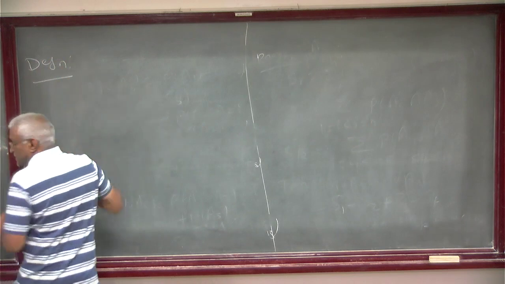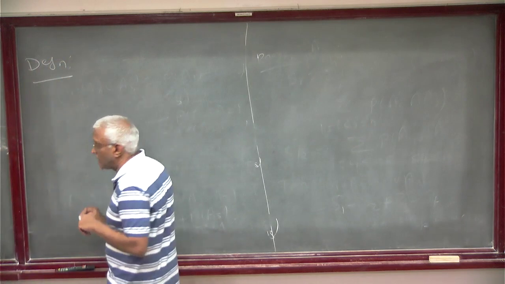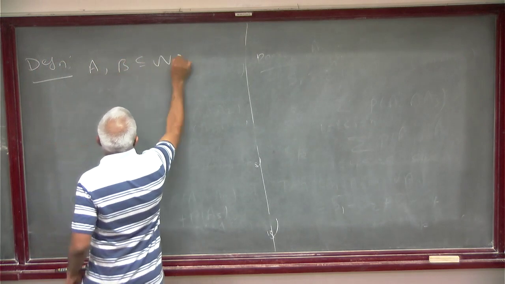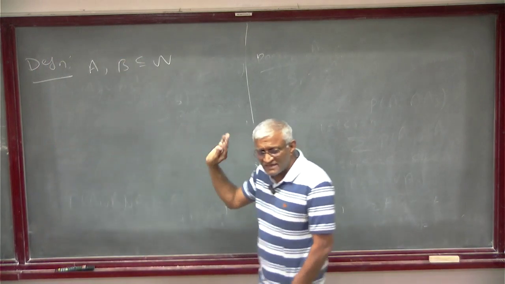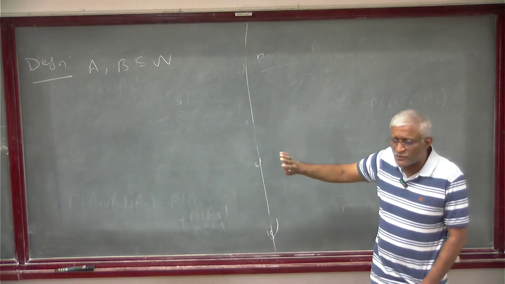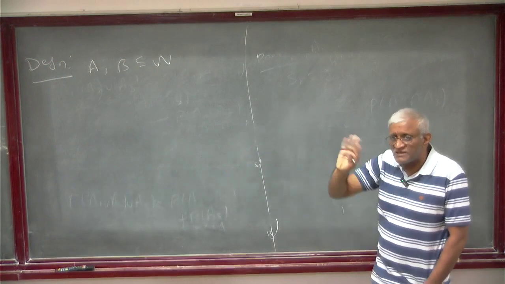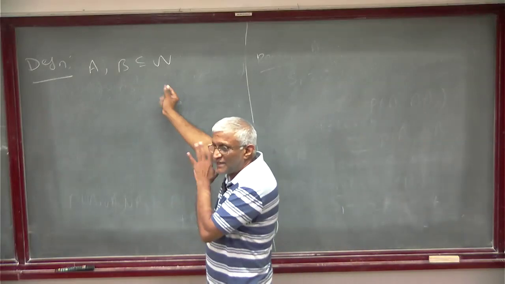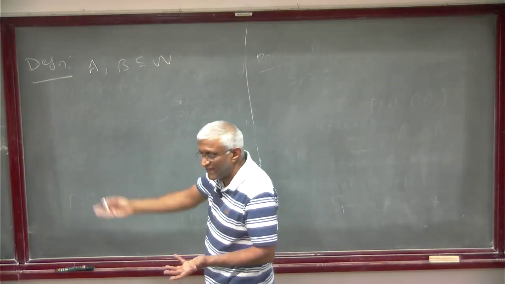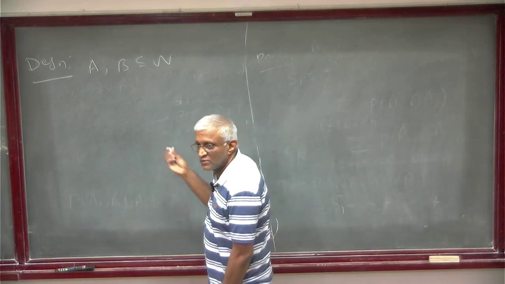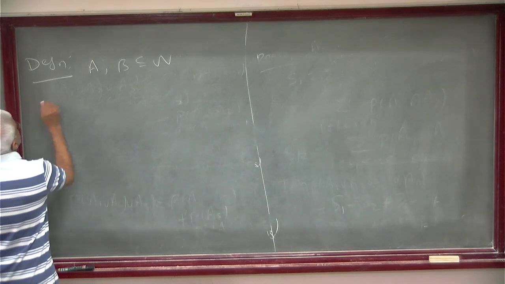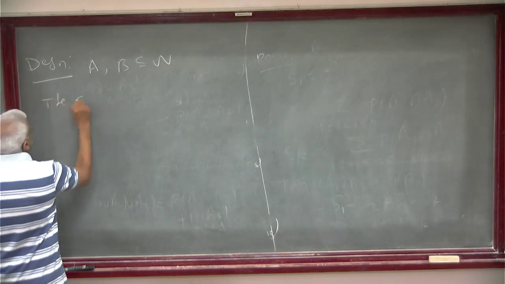So we have a probability space, omega, everything behind. Then you have A and B, two subsets contained in omega. This is for the discrete case. This will work for the continuous case also, except that A and B should come from the sigma algebra. I don't want to use the sigma algebra each time since we are actually using a finite probability space, so I don't want to complicate it. So A and B are that. Then this is the conditional probability.